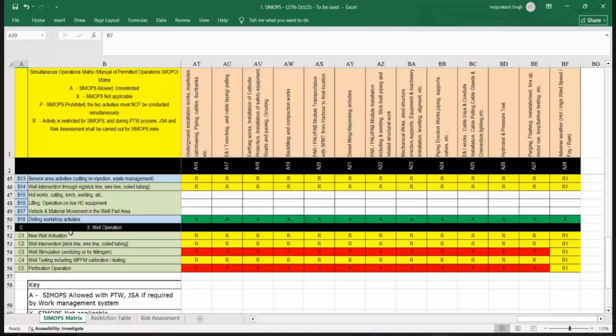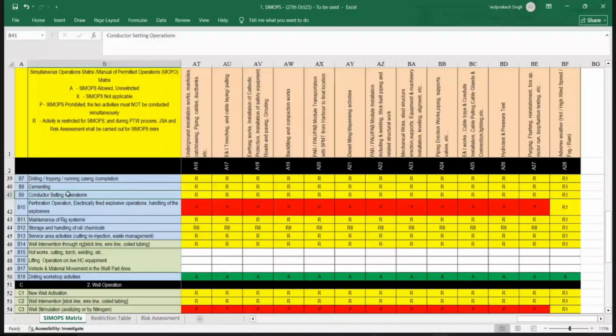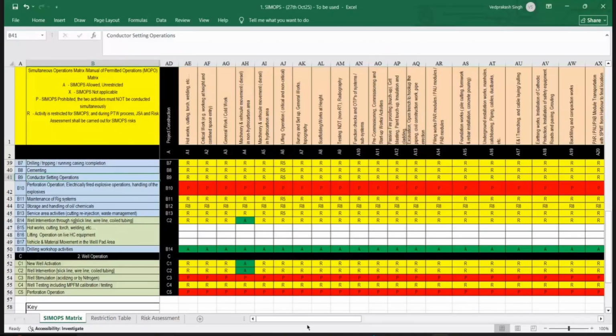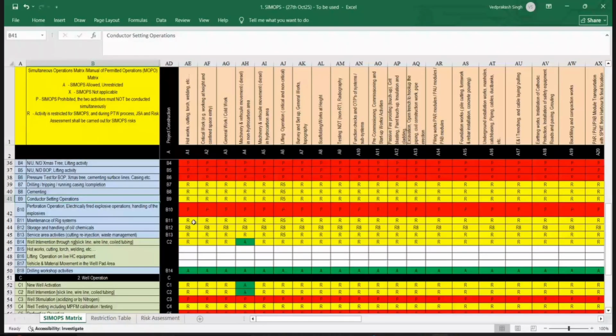17, I am putting the restriction. Conductor settling operations. This is just for discussion purpose. Okay, when we go for the drilling, tripping, running casing, completion operation, at that time, we are